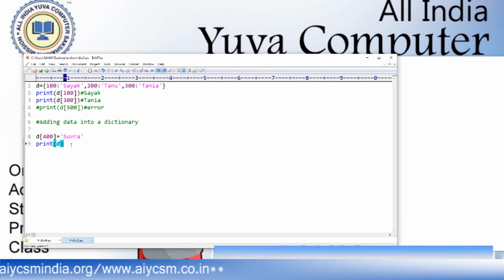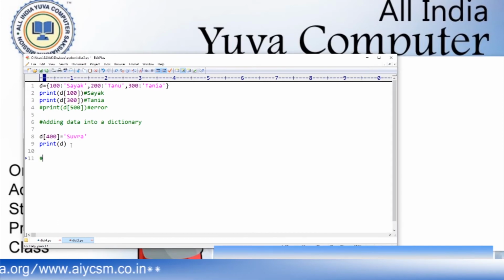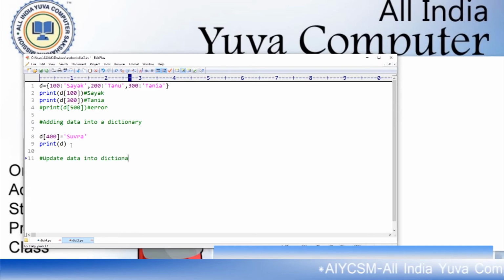If you want to update data in a dictionary, what is the process? If you want to update the dictionary, then this is the process.